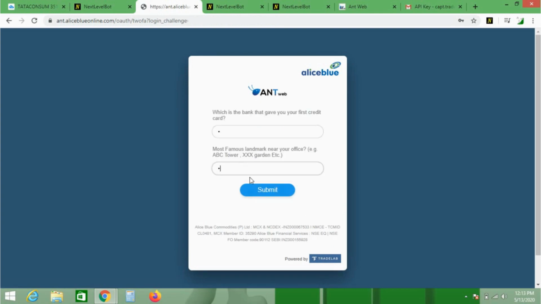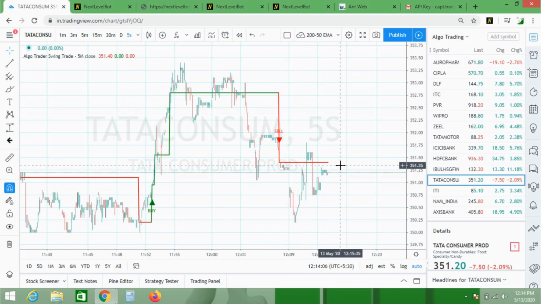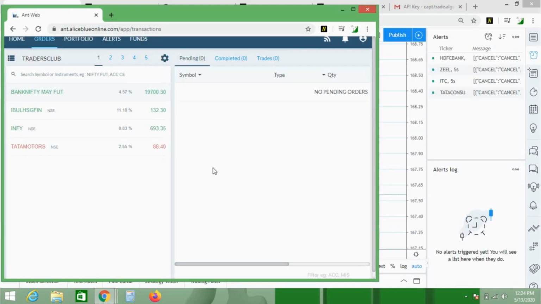Okay, your 2FA question answers. Okay guys, if it is success, then you will get a blank page. If there is an error, there will be some error notification. If it is blank, your bot is now live. So when a buy signal triggers, it will get connected automatically.